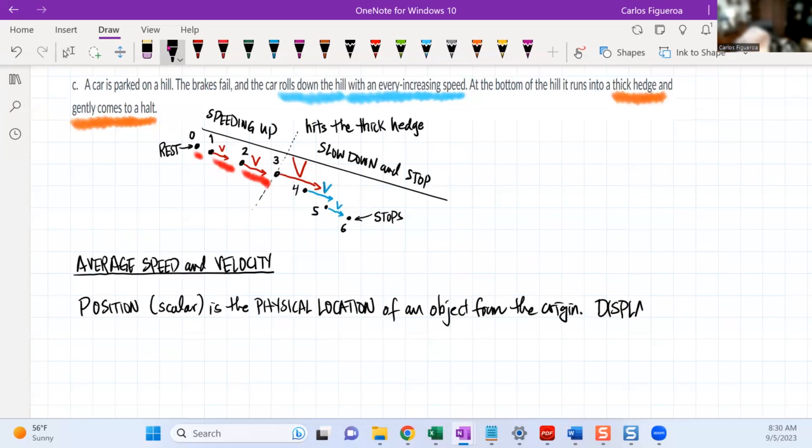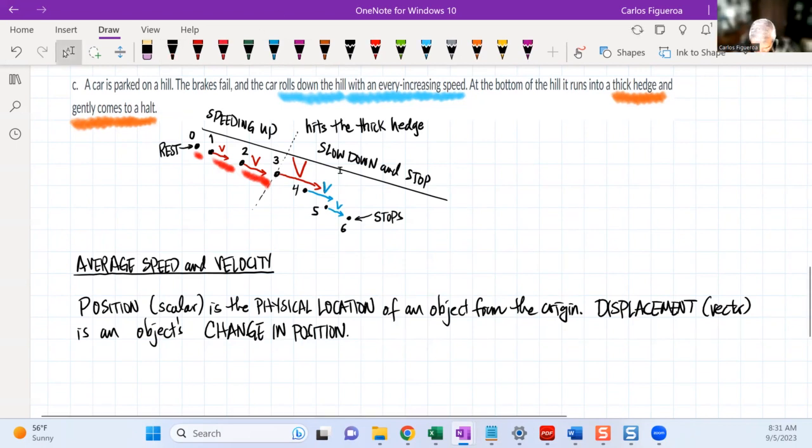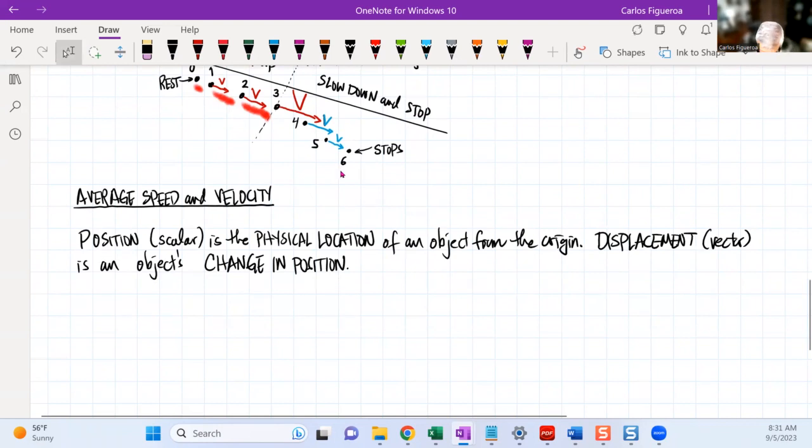Displacement, which is a vector quantity, is an object's change in position. So that means because it's a vector, we then go in and we symbolize it this way. So then if I look at the displacement,